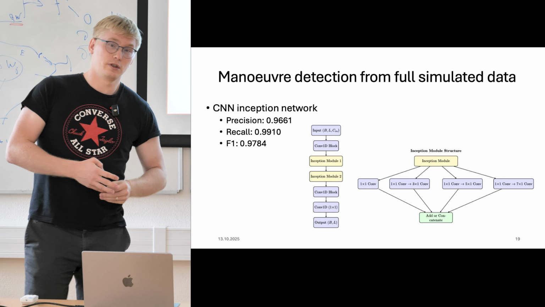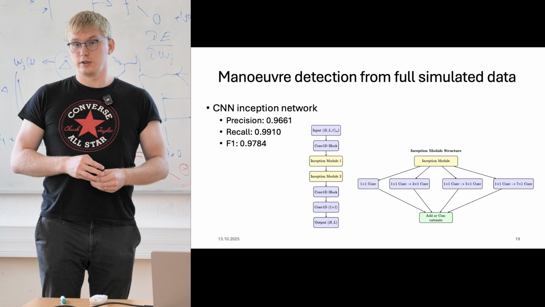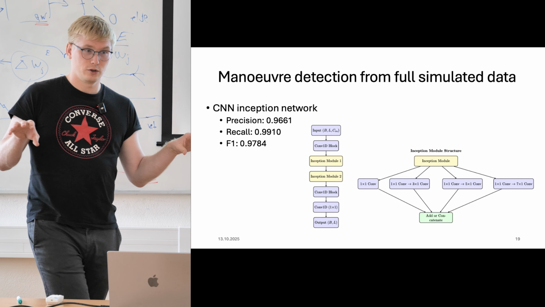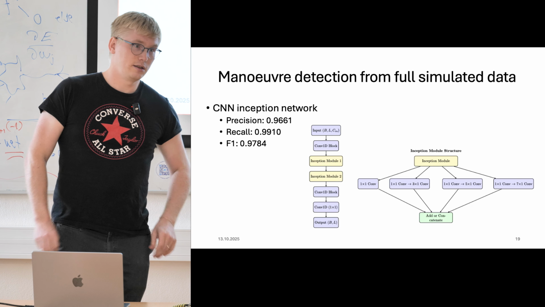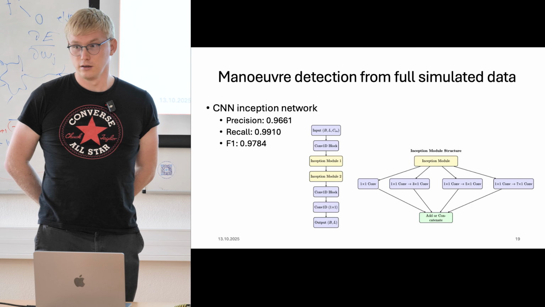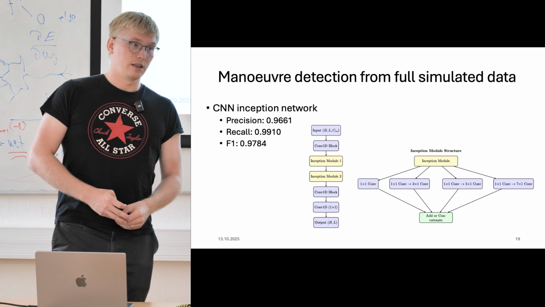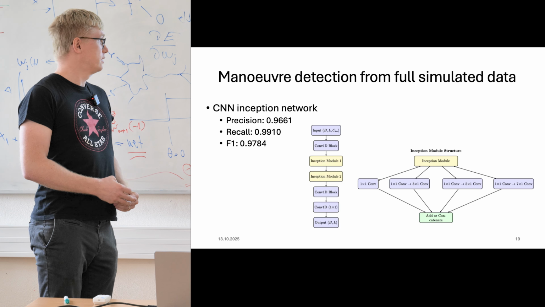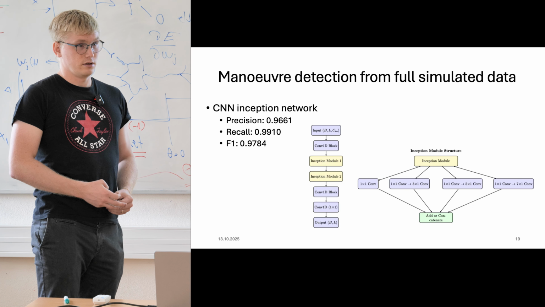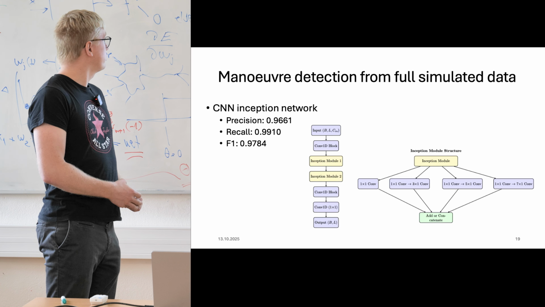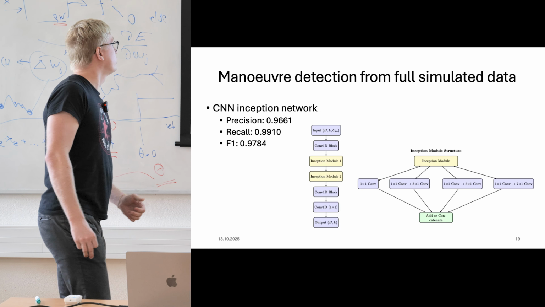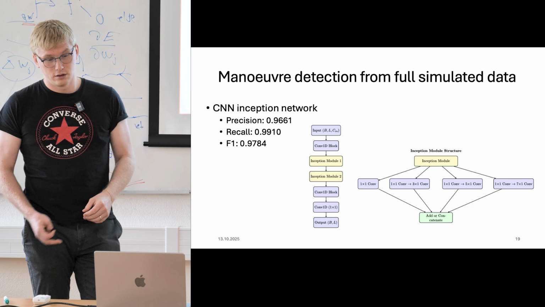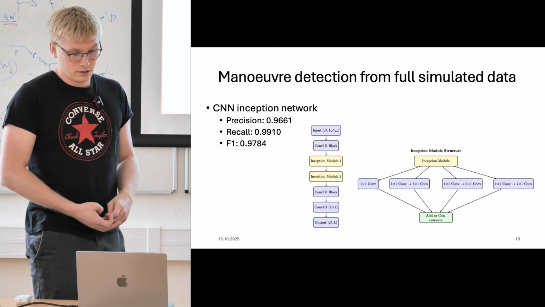Regarding the maneuver detection, first we took the full time series without the masking. What we simulated has 72 data points per day, so basically there is a data point every 20 minutes. And we use a simple CNN inception-based network,